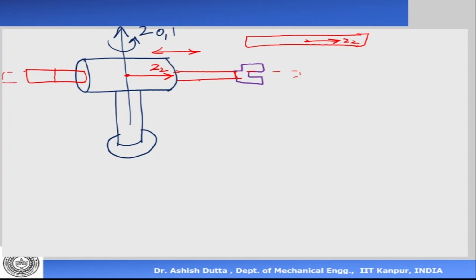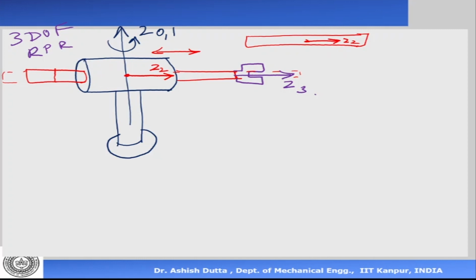And what about the third one, which is the maroon color? So it can rotate about that axis, so that's my z3. Okay, so what we are seeing is that this is a 3 degree of freedom system, and there are 3 axes. It's a revolute, prismatic, revolute system. Okay, prismatic axis is the red color one, which is moving from right and left. Okay, now here we have put our z-axis, z0, z1, z2, z3.